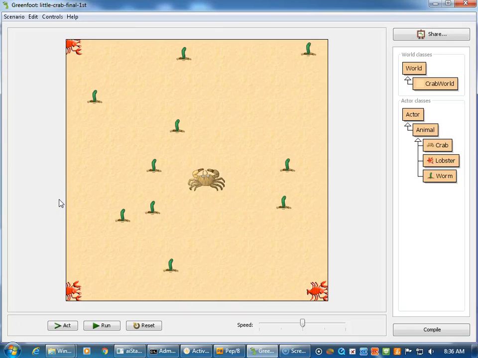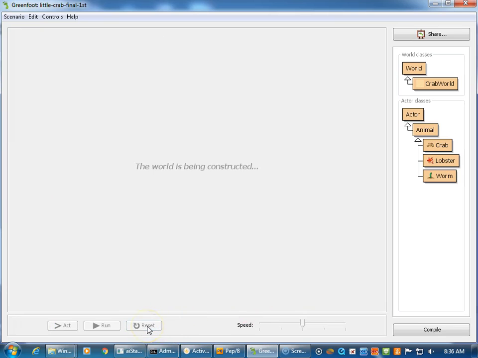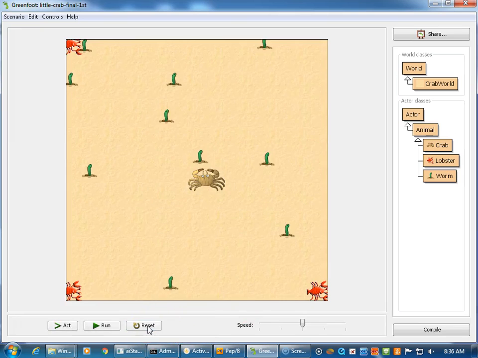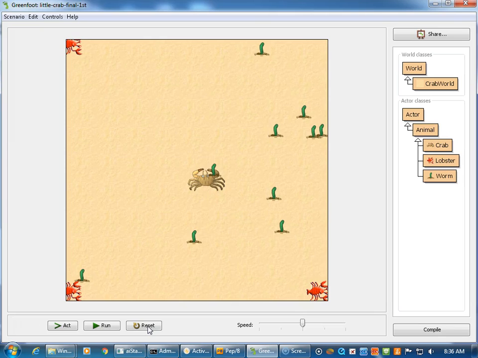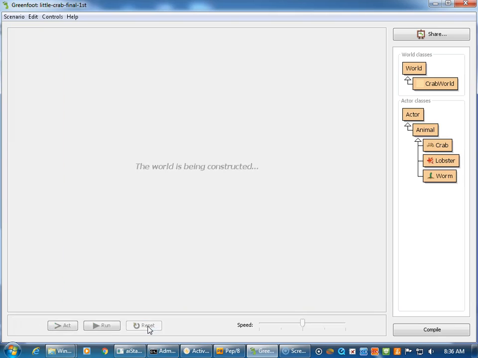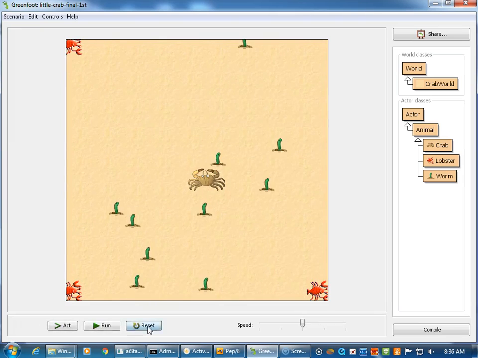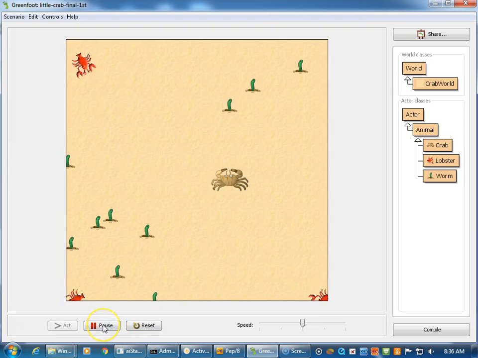Alright, so this is what Little Crab looks like at the end of part 10. You can see if we hit the reset, the crab and the lobsters are in fixed places. The crab's got a fair chance because he's in the middle, and the worms come up in different places every time. If we run it,